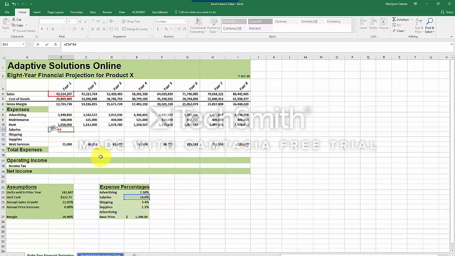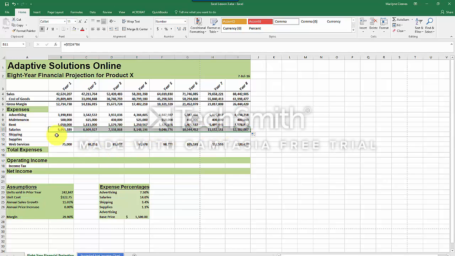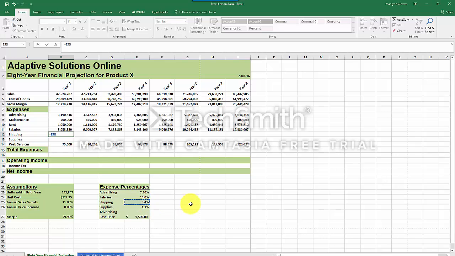And again, 14% would have been F4 function key. And again, if I wanted to change that percentage, I just have to change it down in my table. I don't change it in the formulas in the spreadsheet. And that's one of the reasons why I love absolute cell references and try to plan out all my spreadsheets that way. So now this one equals the shipping, F4 function key, times